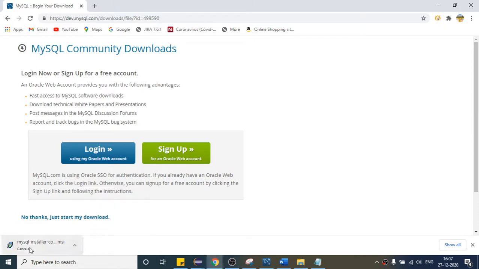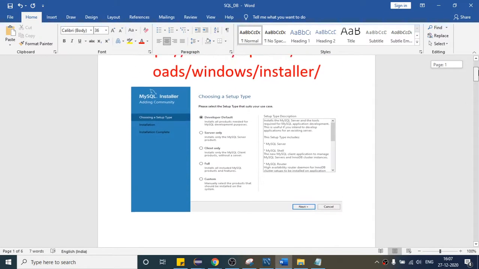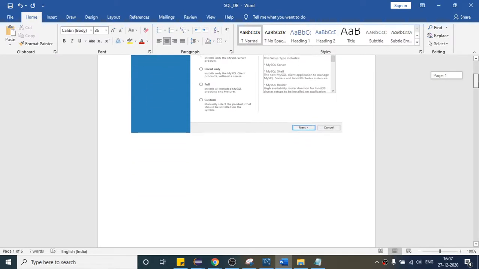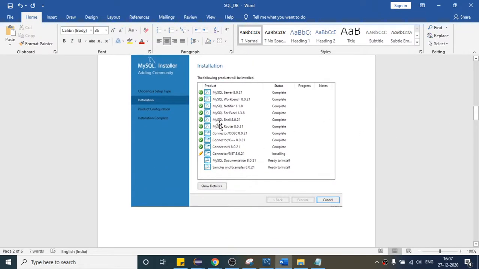So once you will download the setup, open the setup. So what are the windows you are going to get? Once you will launch the setup, you will get first screen like this, right? So do not change anything here, and you have to click on next. So once you will click on next, you will get this window, right? So again, this time click on execute. So this will download all the necessary softwares one by one. So click on execute and click on next after that. Once you will click, it will download all the necessary files and the folder, whatever the software it requires, it will download. And after that